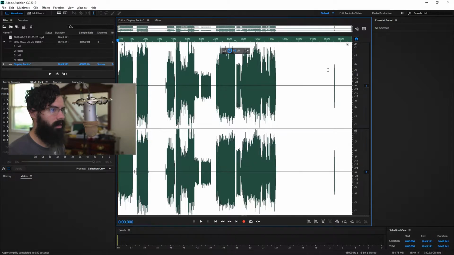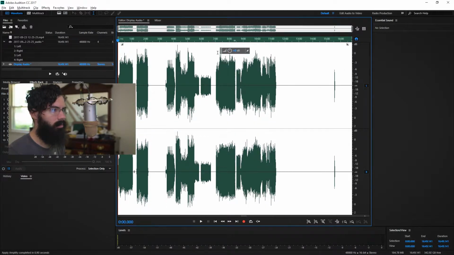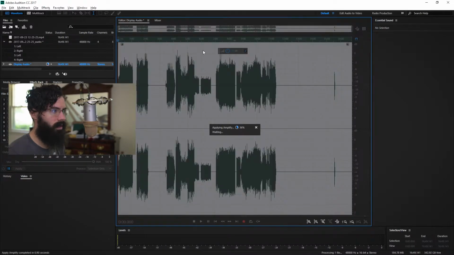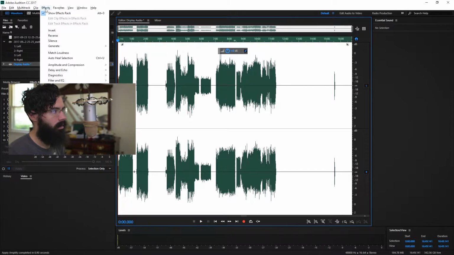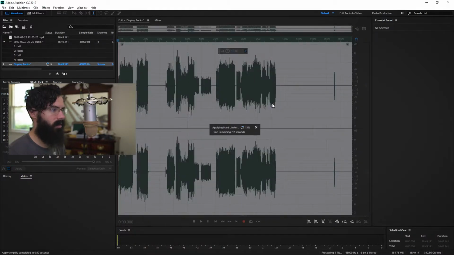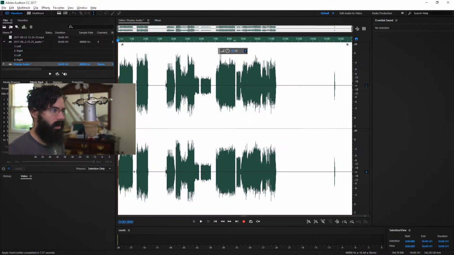And you can see some things going above 0, which you don't normally want, but I'll fix that with a hard limiter, which is kind of chopping that spike down. And you're losing a little bit of fidelity in that, but it doesn't happen enough in this recording that I'm super worried about it.